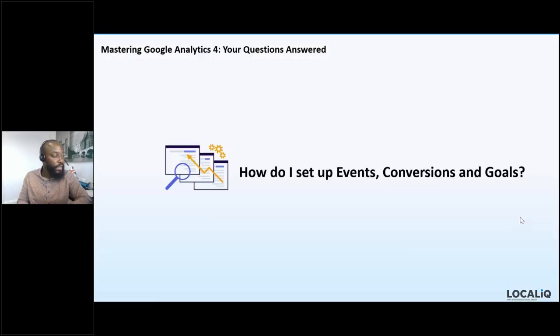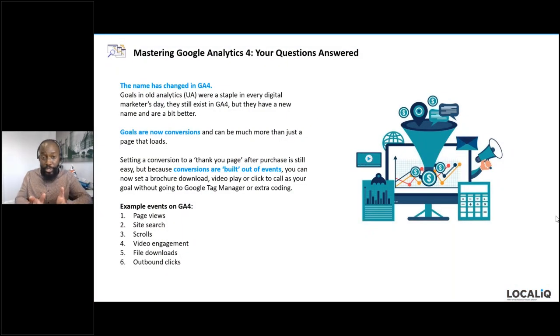So great question on that one. The next question is, how do I set up events, conversions, and goals? Well, the first thing to know is that the name has changed in GA4. Goals are now conversions, and they can be much more than a page that loads. Now in GA4, conversions are events that take place on your website. For example, a person conducting a search query on your website, scrolling down a significant portion of your web page,